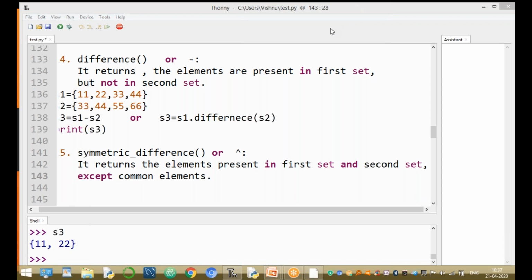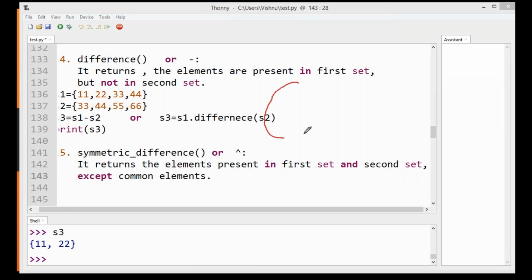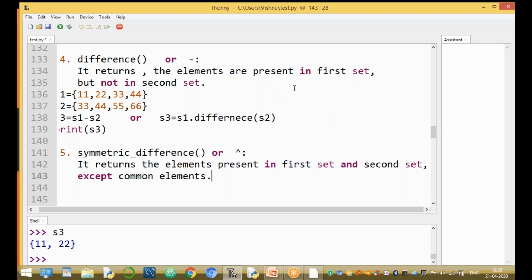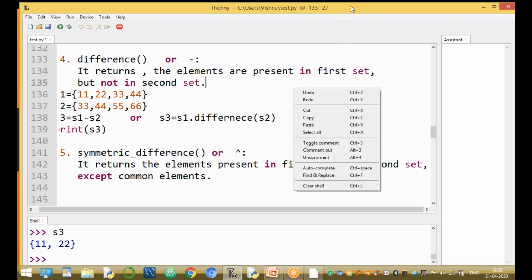This is set 1, S1, and S2. The elements are 11, 22, 33, 44, 55, and 66. Clear? Now what is the logic of the symmetric difference?